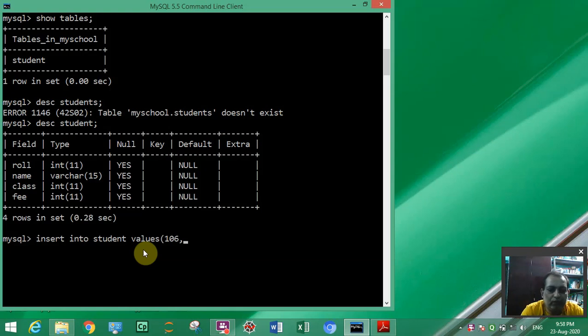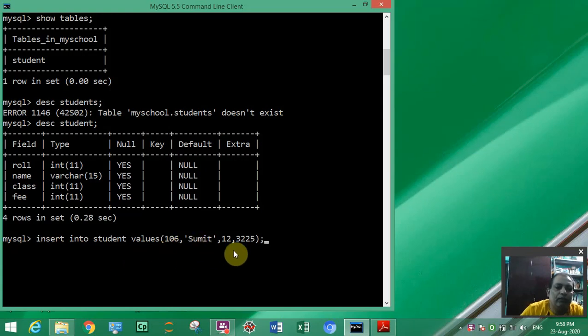Then name is a character string, so single quote will come, and for name you write Sumit, comma, class, an integer, so you have to write the number 12, and fee, suppose for this we know 3225.